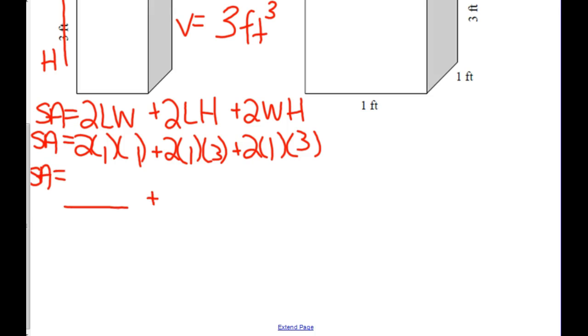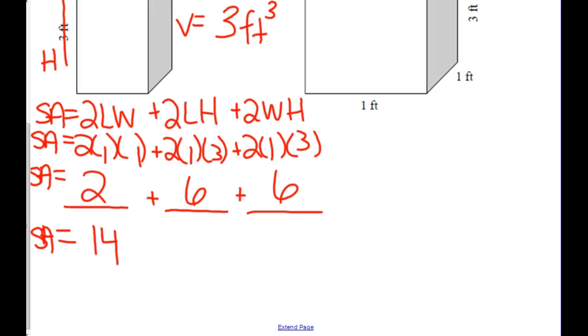So now I need to do my order of operations, which means I have to multiply. So I'm going to do 2 times 1 times 1, which gives me 2. Then I'm going to do 2 times 1, which is 2. 2 times 3, which is 6. And then I'm going to do 2 times 1, which is 2. 2 times 3, which also gives me 6. Now I need to add those three numbers together. And we get 14. So our surface area,